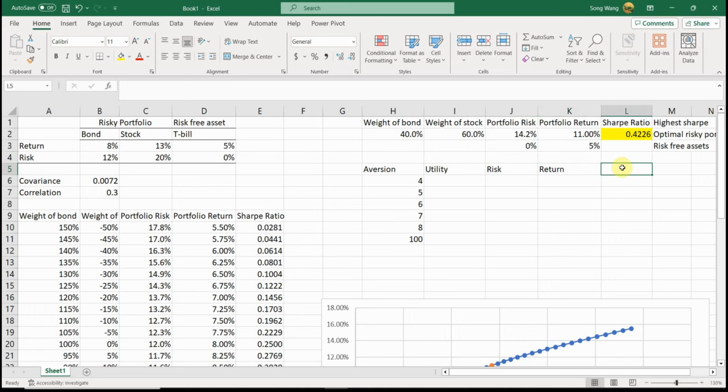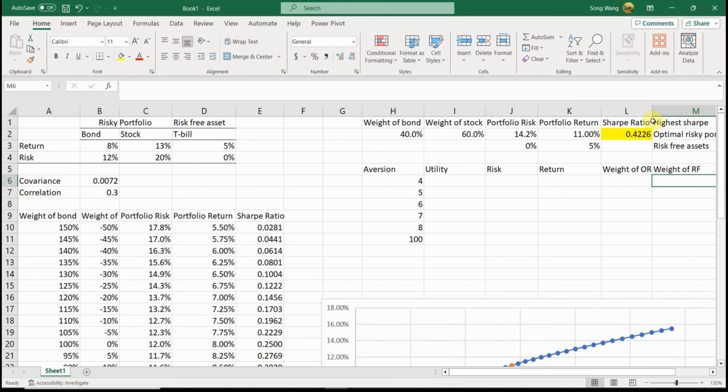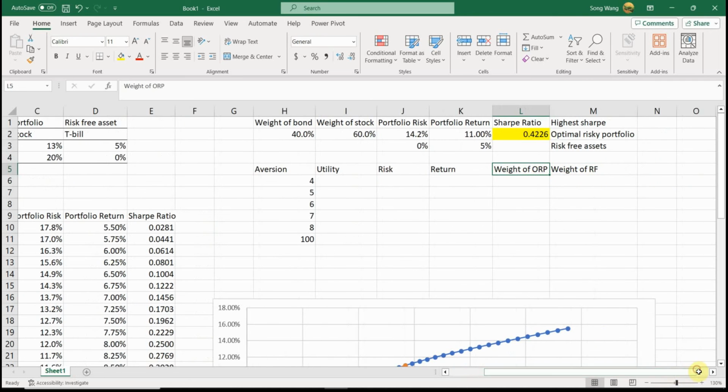For all of them they have two choices: they can either invest in the optimal risky portfolio, or they just invest in risk-free. ORP stands for optimal risky portfolio, and risk-free. I just start with a 50-50% combination,